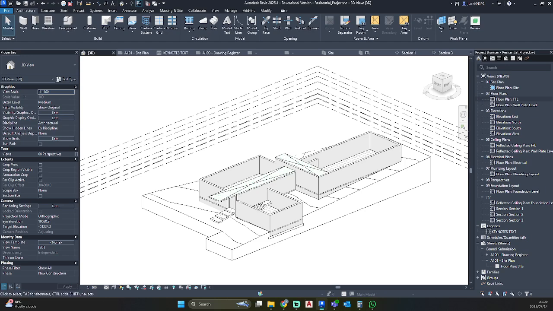Going to save the project. So tomorrow we will be adding roofs and parapets, to see if we can add that tomorrow. Otherwise we can do windows and doors in our superstructure in the meantime.